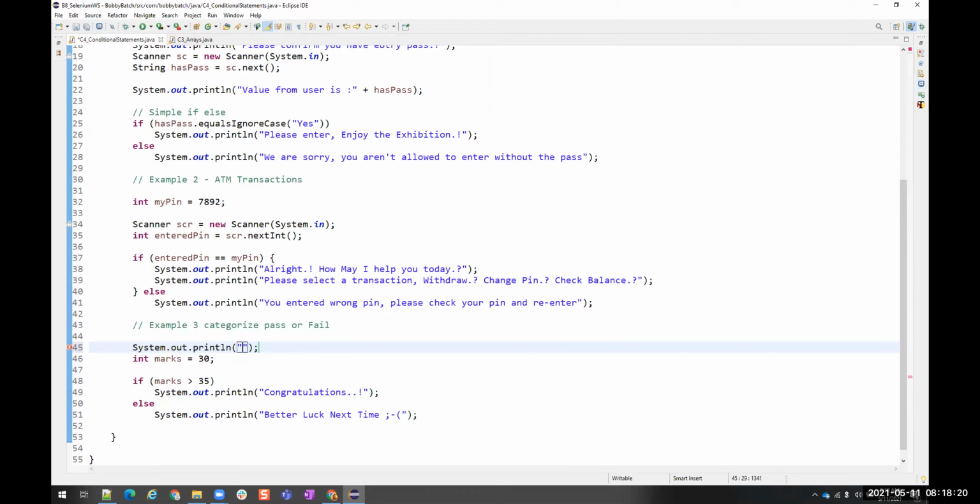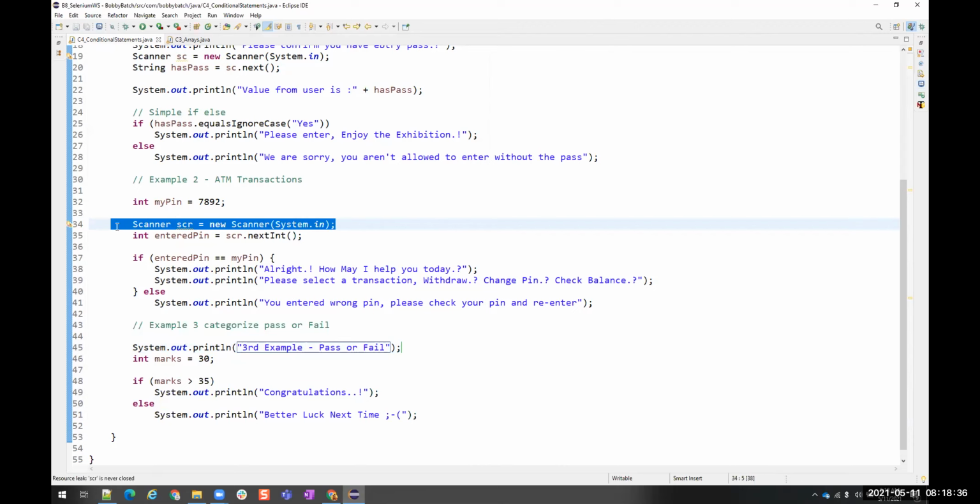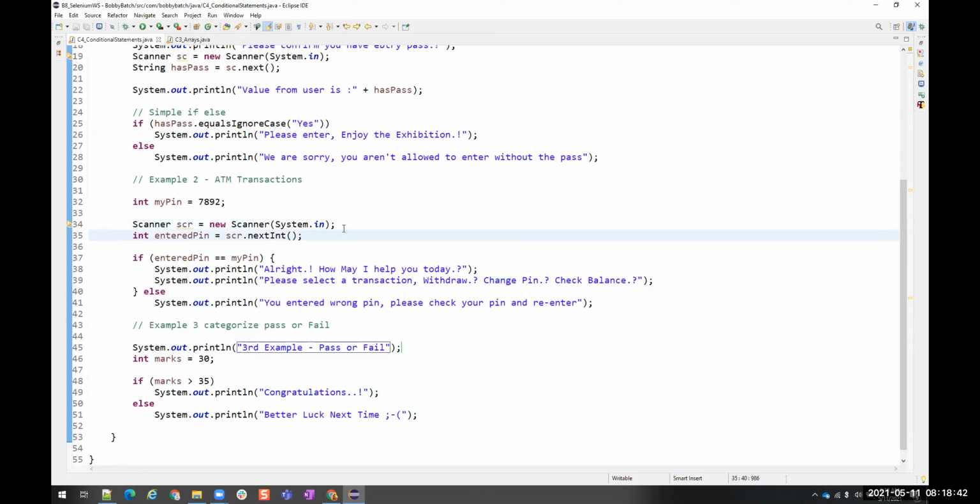If you want it in a readable form, a scannable form, like enter your marks, then we have to use the scanner. We have a scanner class. We are creating an object for the scanner class. Okay, we'll discuss this later anyway: classes and objects, why we use this new keyword and what this is. All these things we'll discuss later when we go into classes and objects or object-oriented programming concepts.